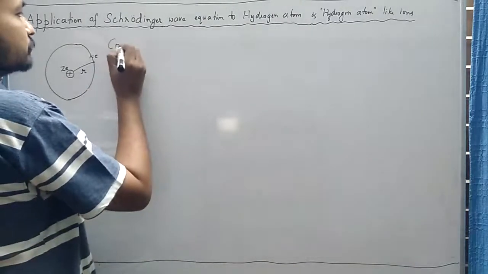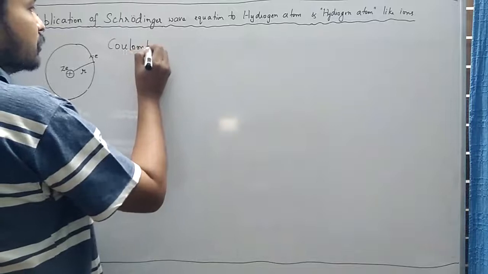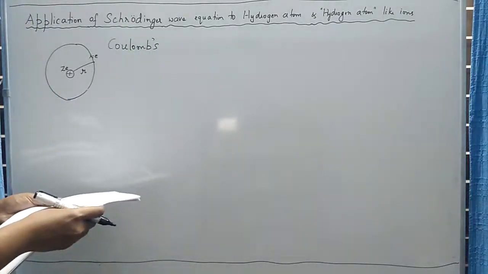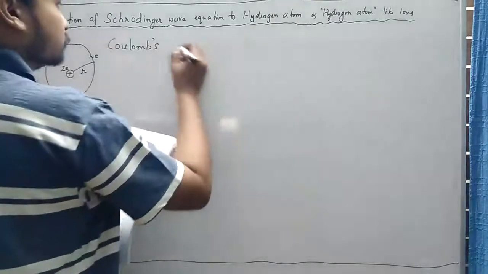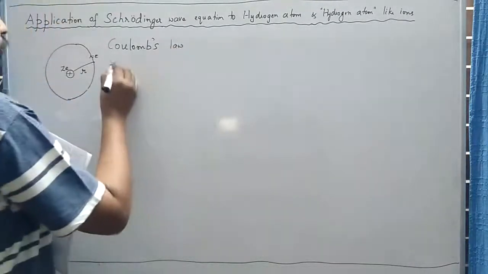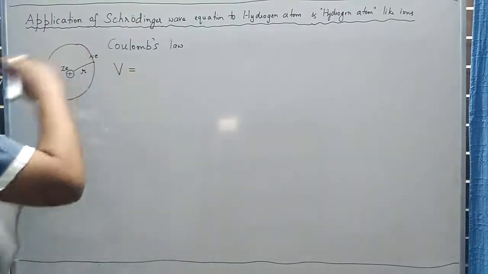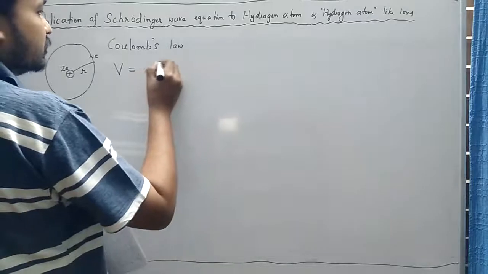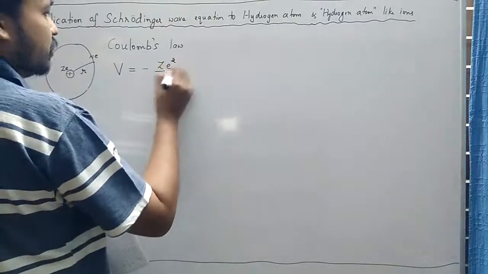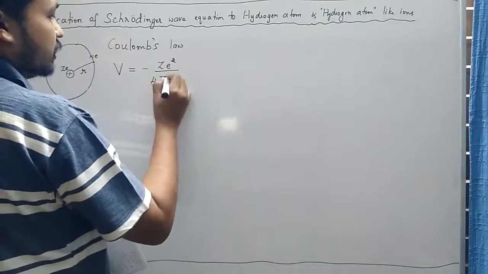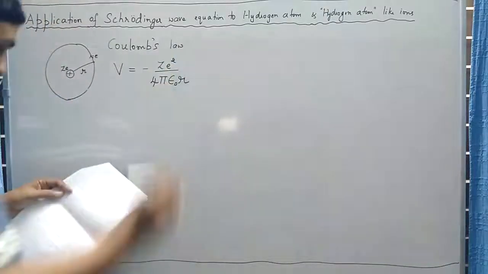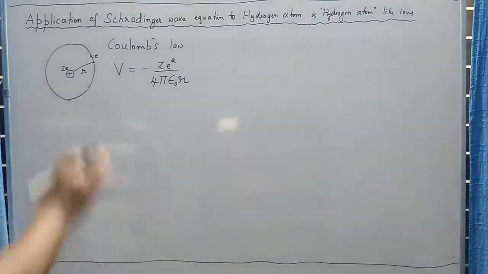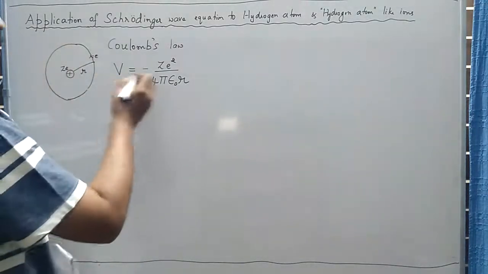According to Coulomb's law, the potential energy for this type of structure is given by V is equal to minus Z E square divided by 4 pi epsilon naught R. So this is the expression for the potential energy for this type of system, which is obtained by using